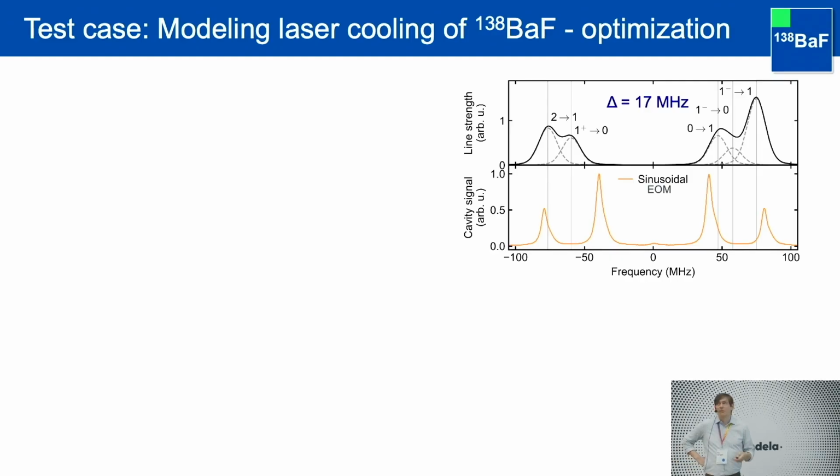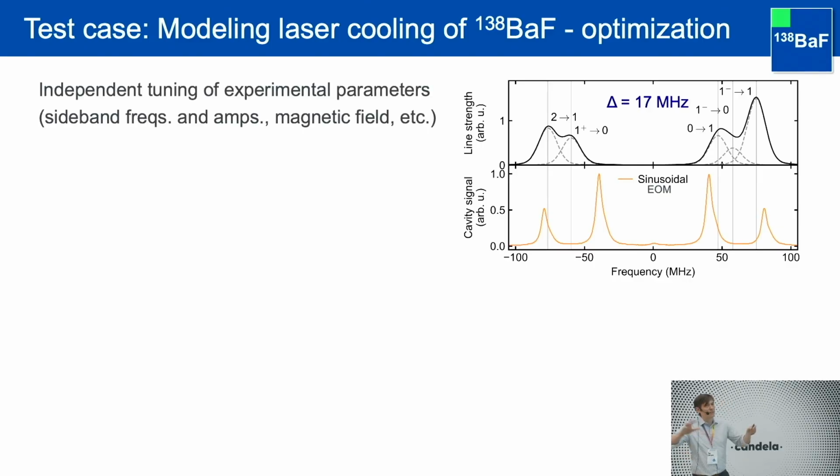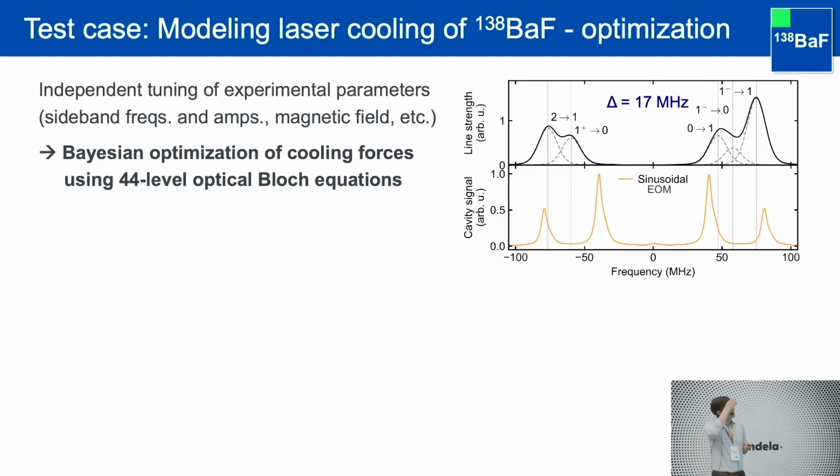And so we can ask ourselves now, how can you make this better? So what do you need to apply to actually maximize the forces? If we can destroy them, we can also optimize them. And of course, there's a lot of parameters to play with. These calculations for optical Bloch equations, they do take a while. And so what we did was basically Bayesian optimization, which is something that you can just get from Python in a package. And it's very well suited to optimize something that is computationally heavy.